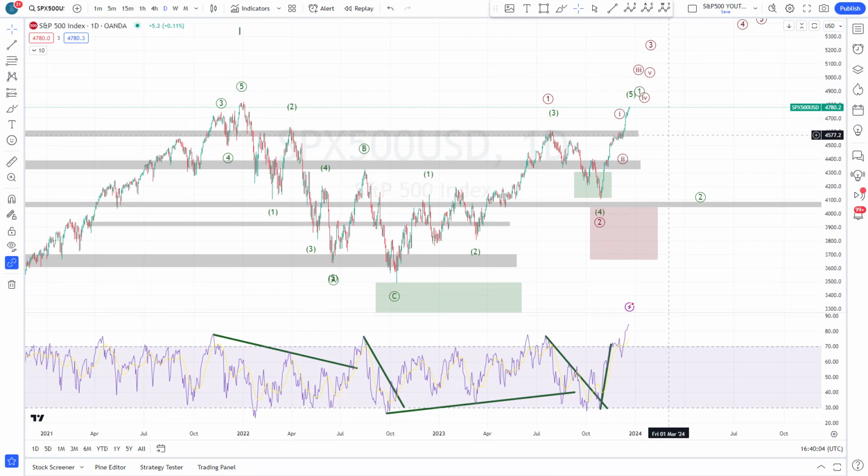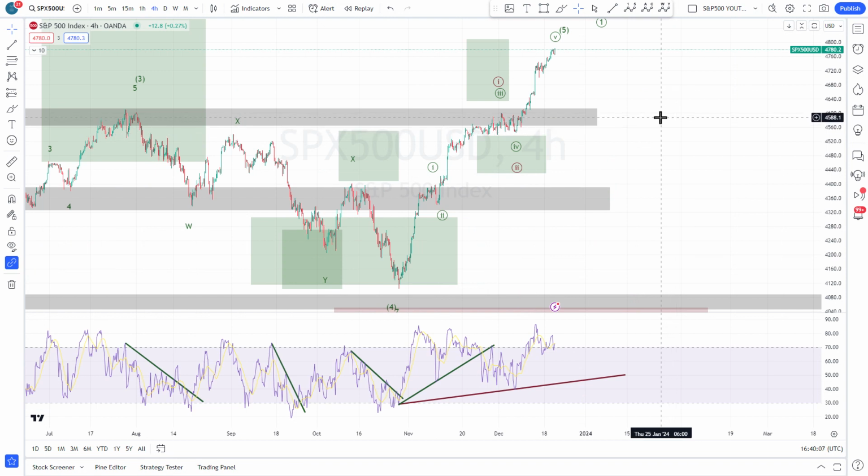But now on the lower time frame, I would say this is also problematic in my opinion. We were having 5 waves here, but the RSI reading right here took out all the previous RSI, and this is not supposed to happen in the 5th wave. So therefore, also here on the 4-hour, the scenario in green becomes less reliable, in my opinion.